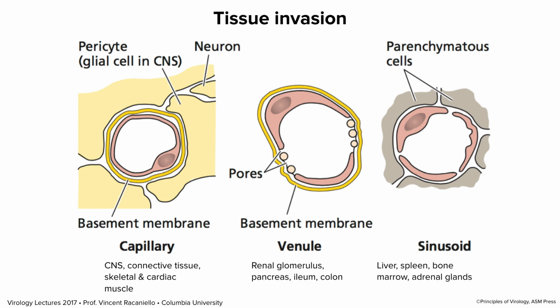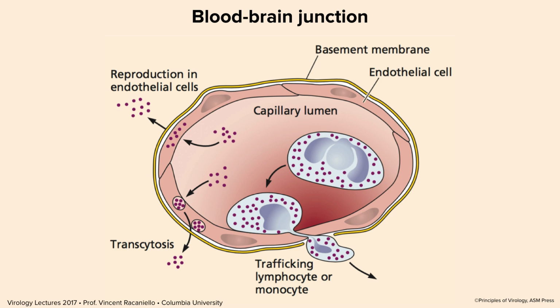Now, that's not, most viruses, if you inoculate them into the blood, say, one of the first places they accumulate is in the liver because it's a nice filtering organ, but many of them do not replicate there because they don't have receptors or they're not permissive or whatever. But liver is very easy for viruses to traverse.